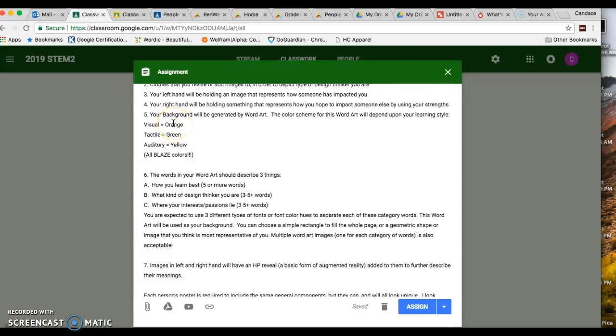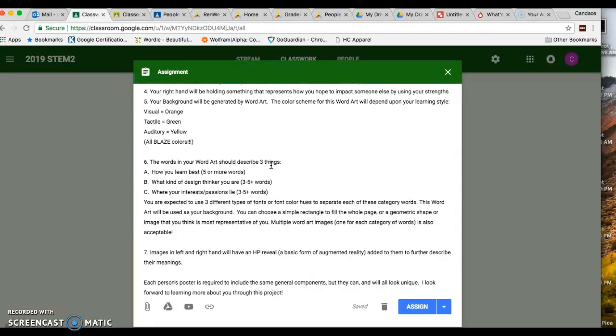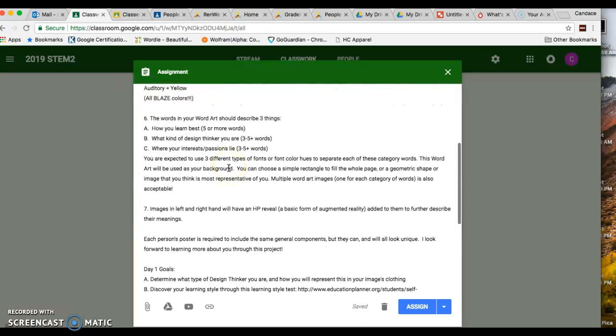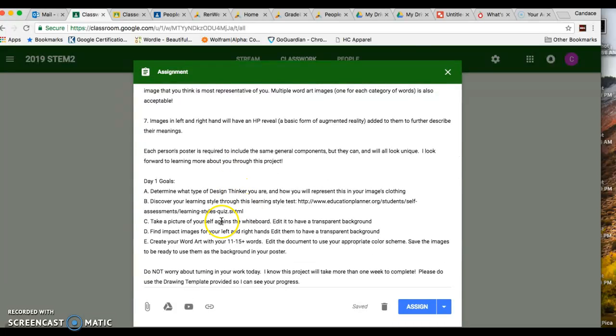If you're visual, you're orange. If you're auditory, you're yellow. If you are evenly spaced throughout, you can use all three of these colors in your background, which would be awesome. The other thing you want to do today is make sure you take a picture of yourself against a